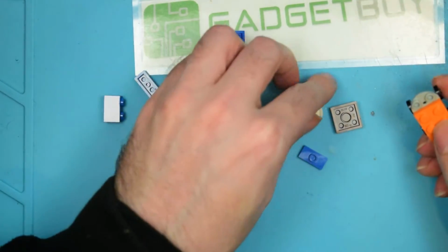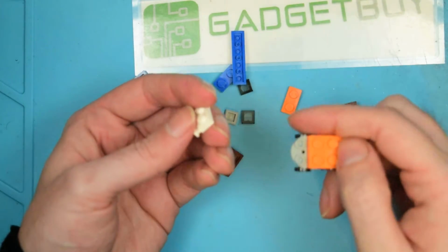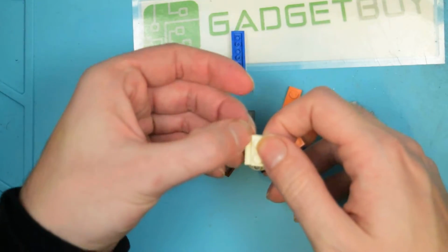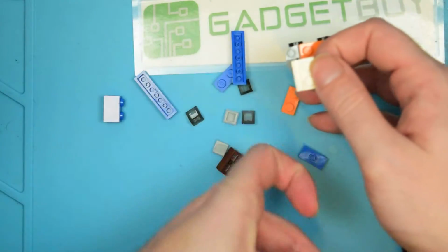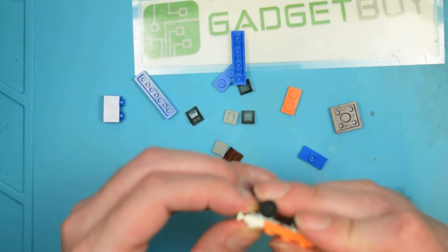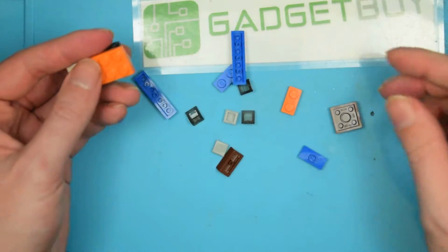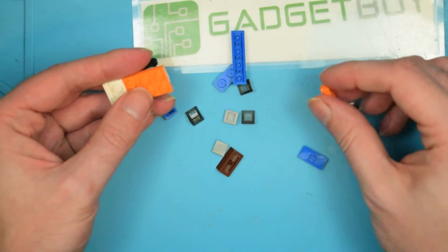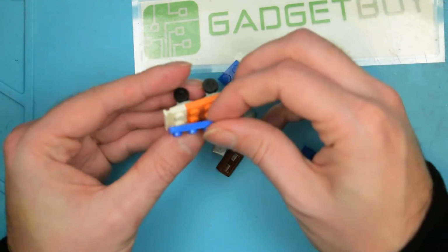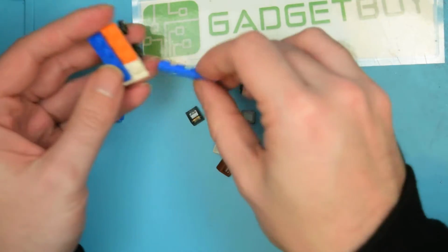And then we're going to need this white 1x2 plate with the little thing on it. I don't know what those are called, but they're actually really cool. I had a kit that had something that would slide back and forth on the rails. It was pretty neat. Anyway, and then we need to put this pair of orange 1x4 or blue 1x4s like so. There